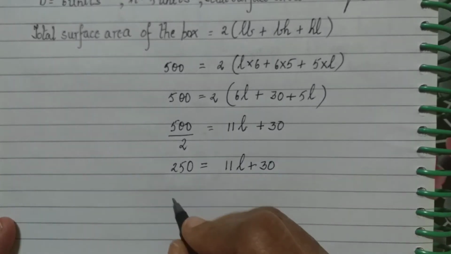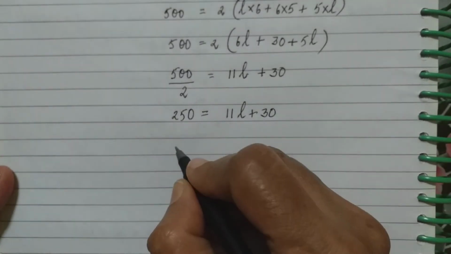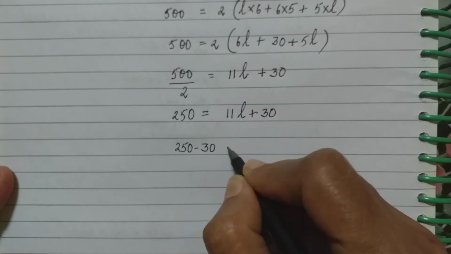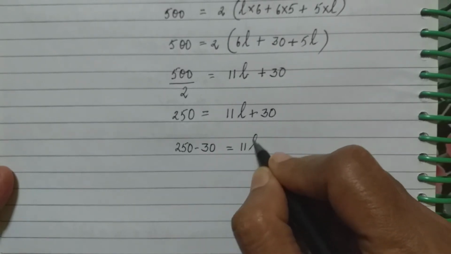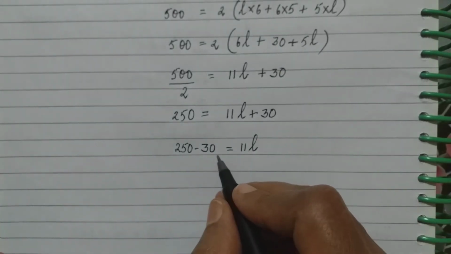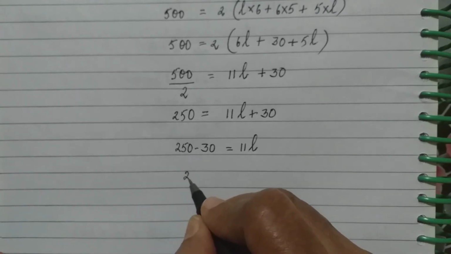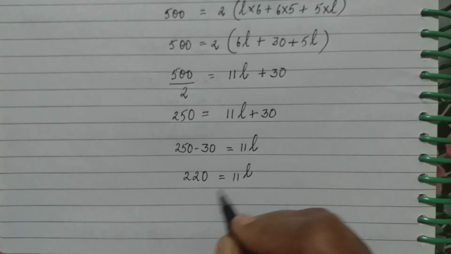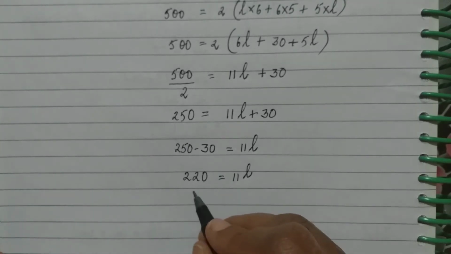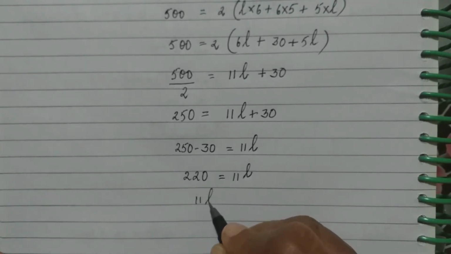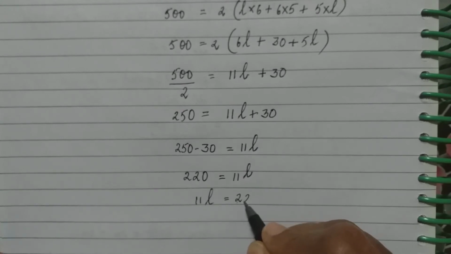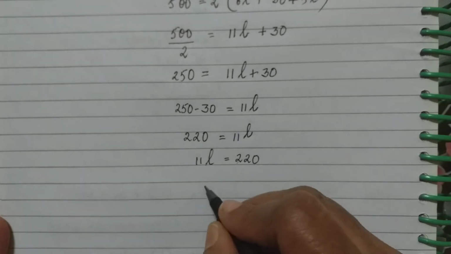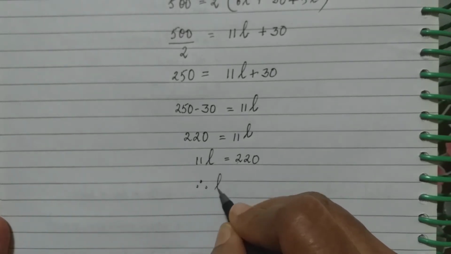We take 30 to the other side. 250 minus 30 is equal to 11L. 250 minus 30 will be 220 equal to 11L. Okay, we'll exchange the sides now. 11L equal to 220. Left hand side will become right hand side. Right hand side is left hand side. Therefore, L is equal to